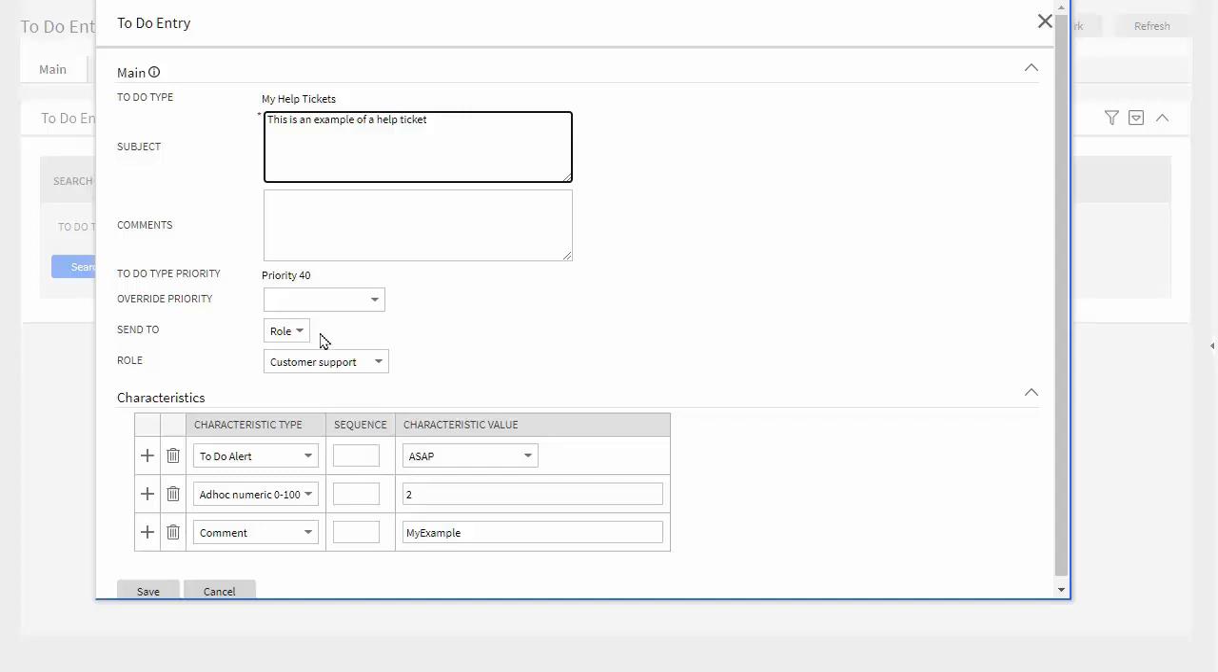I can actually determine which role, as the system will automatically determine that. I can override that. I can also override the priority, as you can see, directly, manually. Once saved,